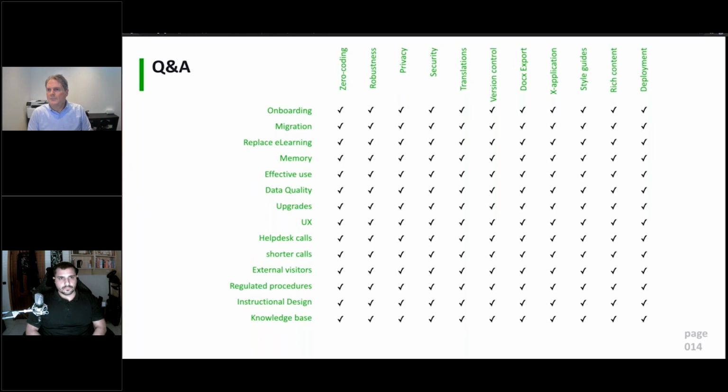That could be Chrome, Edge, all kinds of browsers that are available on the market. But that means that your users will not have to install anything. If it's not possible to install the snippet in the code of the application, then you can also install a little browser extension. That is available also for the most used browsers, and that means that you can show tips and journeys for every browser that has this little extension installed.